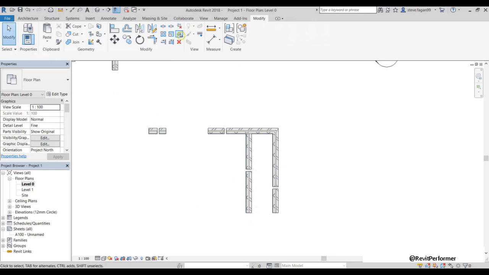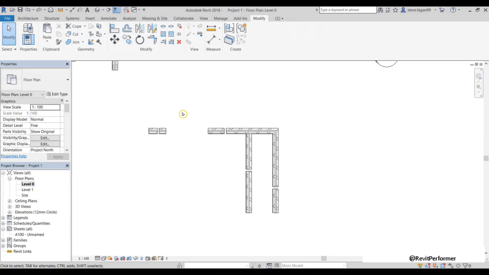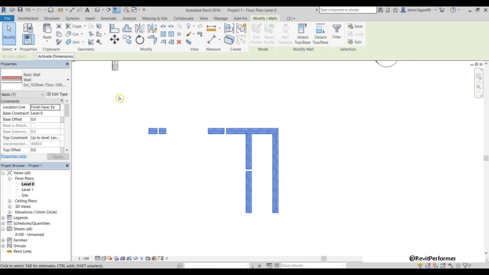Next, we have the pin tool. If I'm happy with the position of my walls and I didn't want them to move, because it's quite easy to accidentally click and drag an element away, we can pin them in place so they can't be moved. A quick way to pin everything is to use my object selection and then select the pin tool.